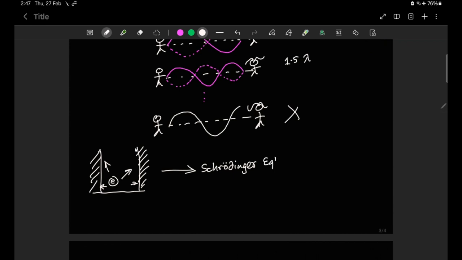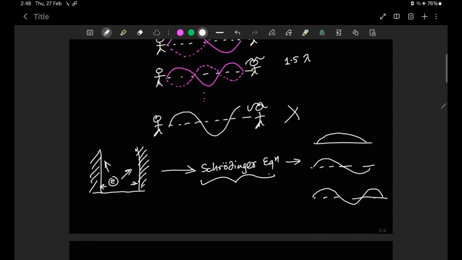If you go ahead and solve the Schrodinger equation, you will find that your solutions are different waveforms that look like that, or look like this, or look like that. So basically, the Schrodinger equation is a wave equation, and the solutions yield waves, unsurprisingly. And the waveforms are specific shapes, just like you have for standing waves between you and your friend. And there can never be something in between like that.